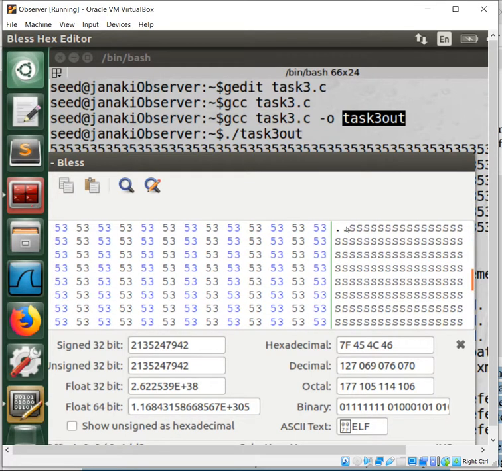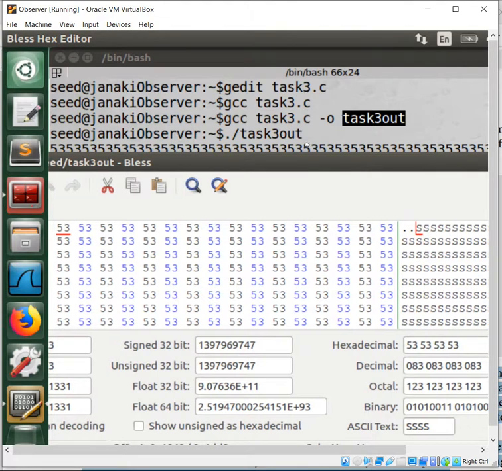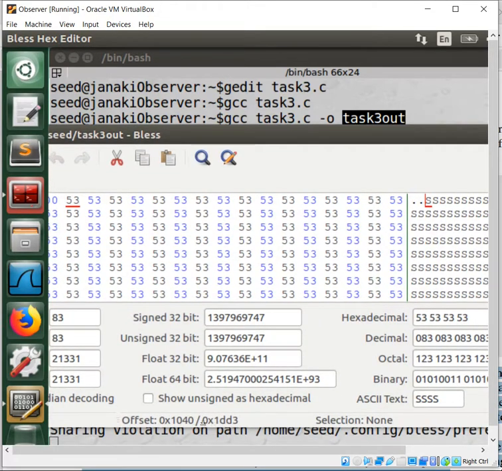So here S is starting. This location is where S is starting, right? Here I am going to check the offset of S in decimal. S starts in this place, 53, all are 53, 200 times. It is starting at the 4160 place.